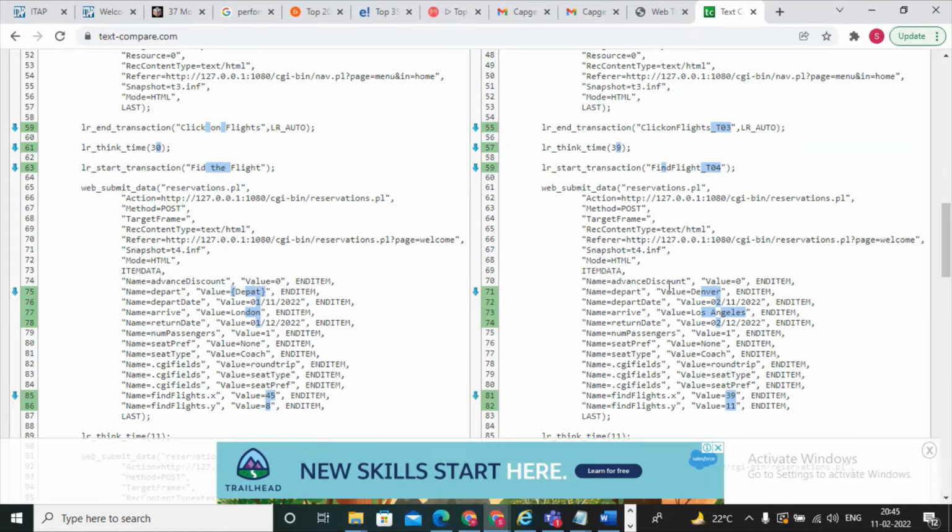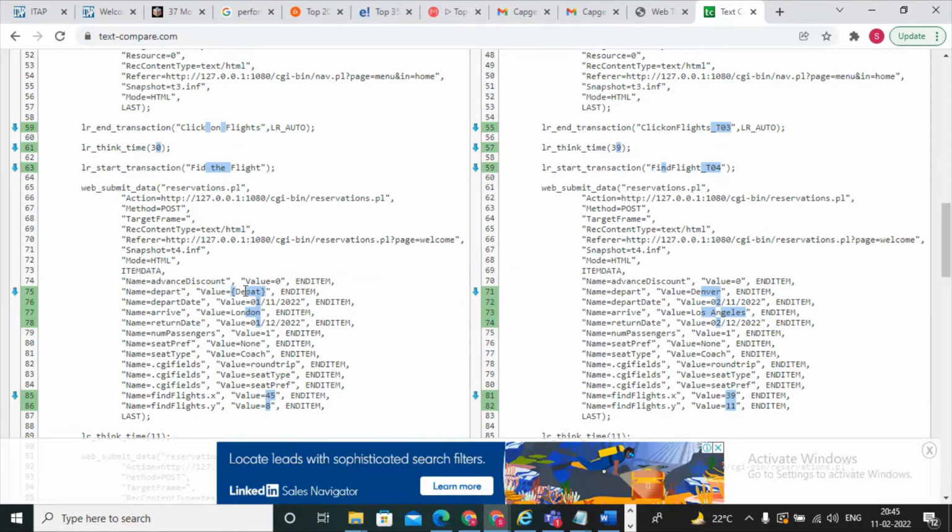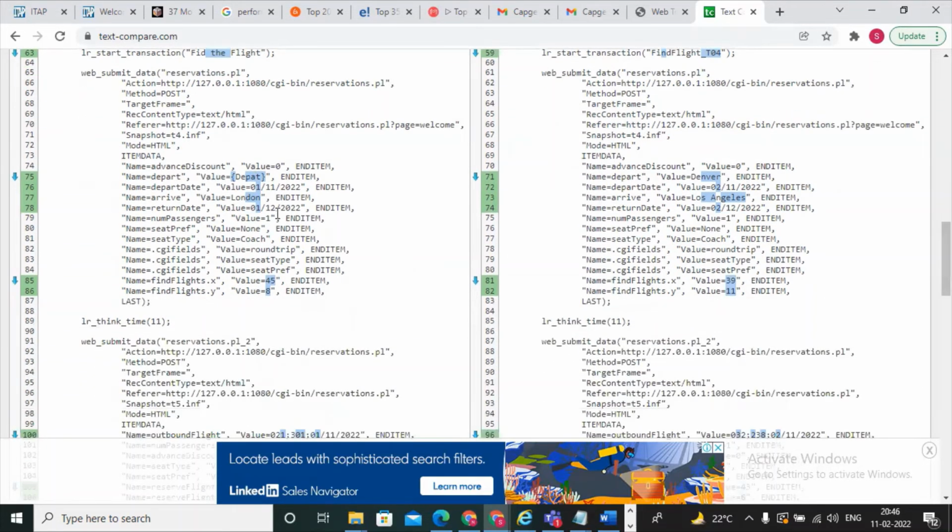So it depends on the user, it will be changing. These values are coming from the application side, so these also we need to correlate. And after that, London will be there, here Los Angeles will be there. It means the values are changing depending on the customer. So that is what we can do with correlation. And after that, date and time will also be changing. We need to do parameterization for date and time.